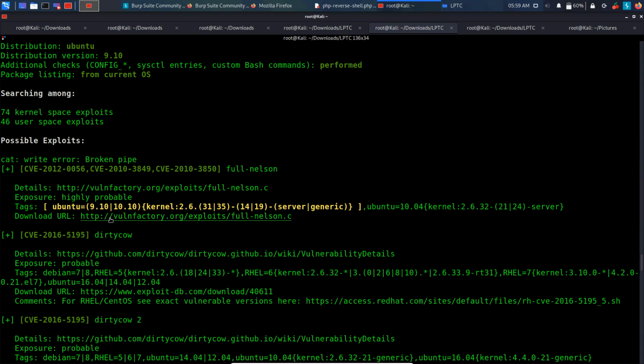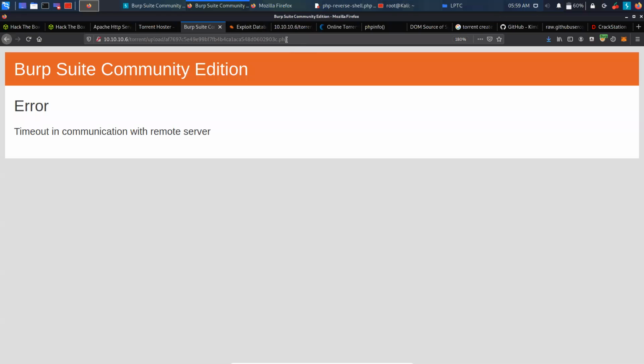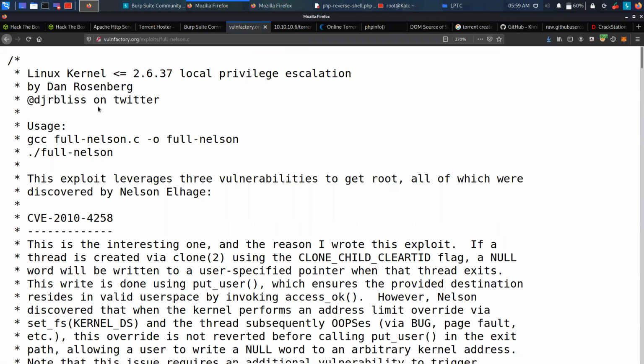So you can just go over this URL because it shows you what is the download URL, or we can just copy it out. We just type it out. So now we come back to the steps. The first step is configure if needed. First, we need to understand and configure. So we will just understand what the exploit is.